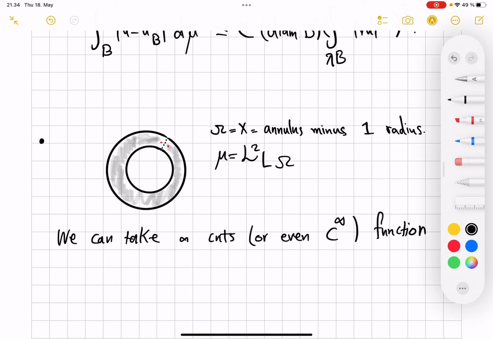Because the derivative for Lipschitz is bounded, but the derivative for C infinity can blow up. So the function 1 over x is definitely nice, but Lipschitz functions are nicer because they also have control over the derivative. Okay, so you can imagine a function that is C infinity on X